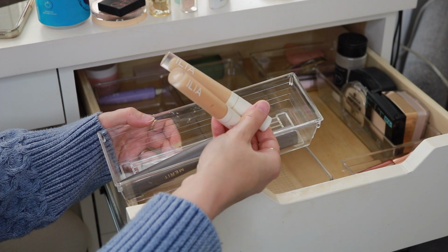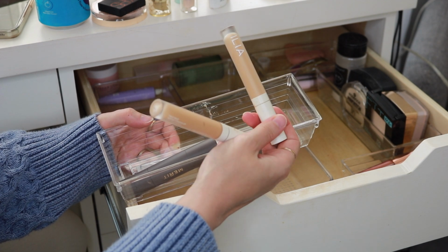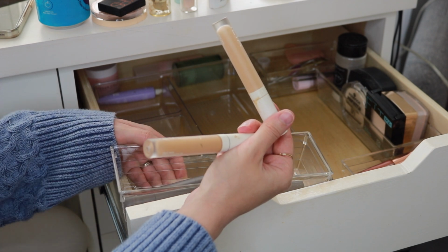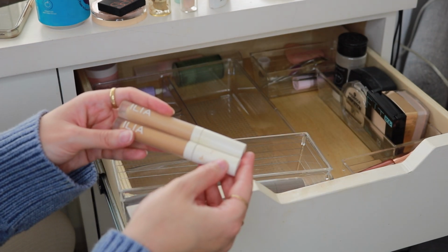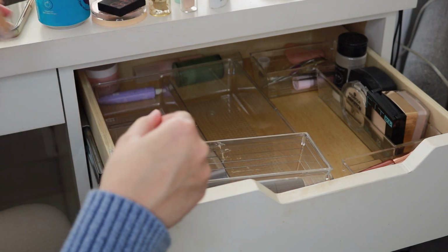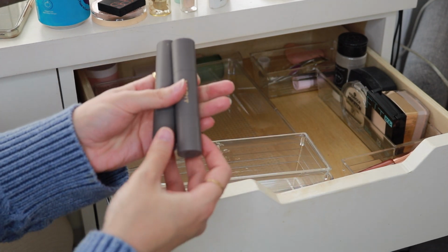I just feel like this deeper one that I got for a summer shade in Kava, I don't know, I feel like the lighter one works really well for summer too. I might keep both of these though, just because I'm not sure what I would do with this anyway if I got rid of it. But I do think that I'll let go of these Merit ones because I've just had these for a really